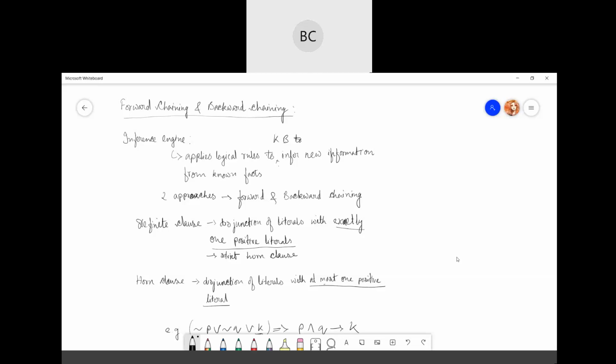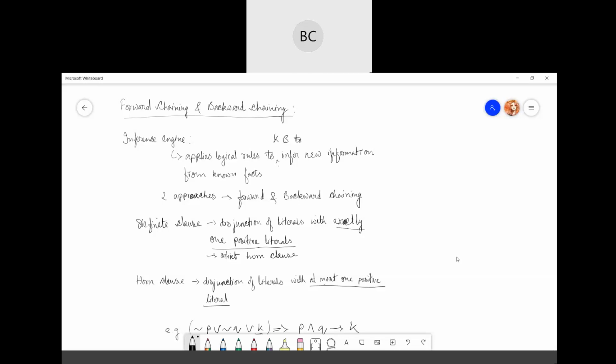So your forward chaining starts with the known facts. Whatever facts the human provides and are stored in the knowledge base, based on those known facts, forward chaining starts inferring new rules. So it always starts from the initial state to the goal state. And since it's based on the data available, it is a data-driven process.